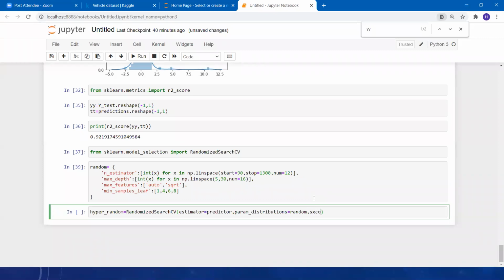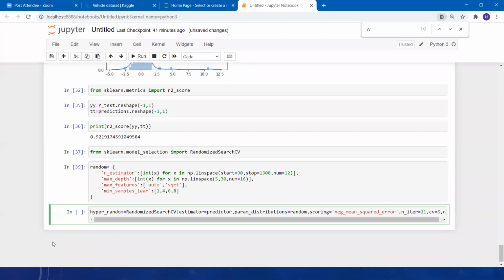Now the turn is scoring. How will we compare, with the help of metrics? Which metrics are we going to use? We are going to use mean squared error, negative mean squared error. The number of iterations we will take is 11. And CV simply means cross validation. Internally, we are going to use it for 6.